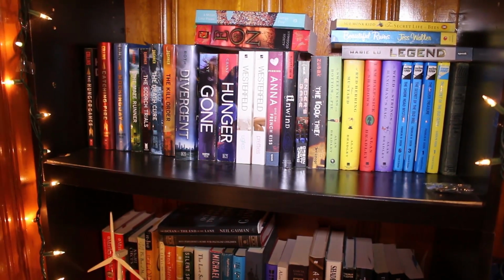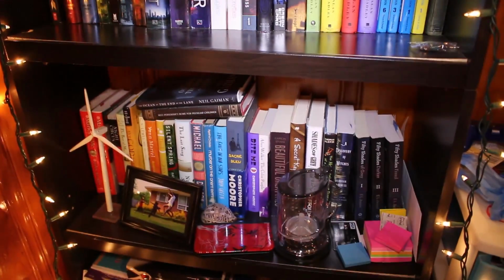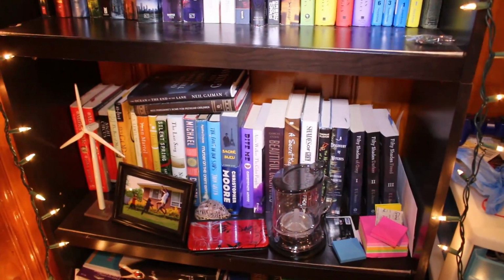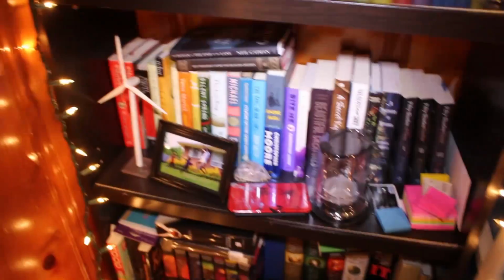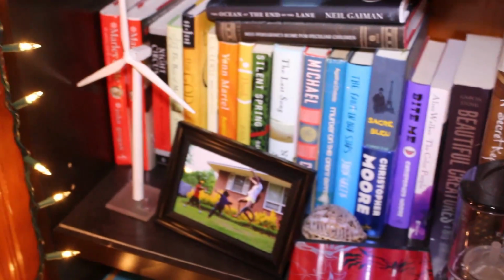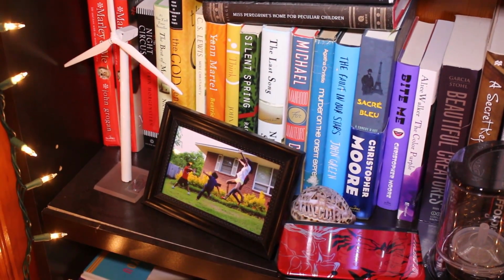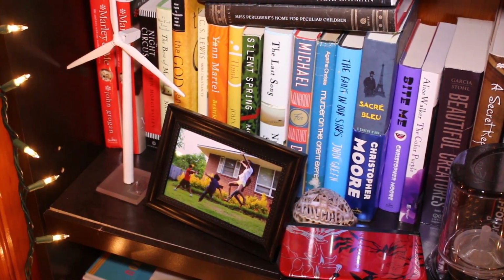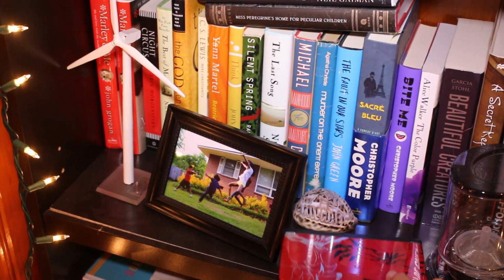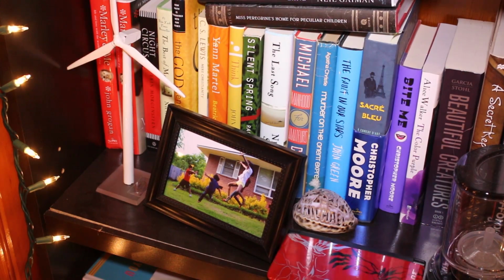Right, so we're getting pretty low on the bookshelf now, and so the next bookshelf is just an overview of this one right here. A whole bunch of just random stuff. So on this bookshelf we have this windmill right here. I randomly just have that from the Philippines that I bought, and then a picture next. I have my 3DS right here. Yeah, my Pokemon 3DS, and then I have another